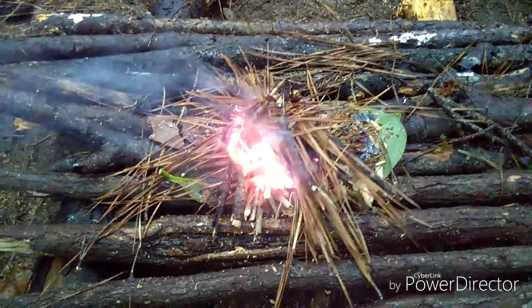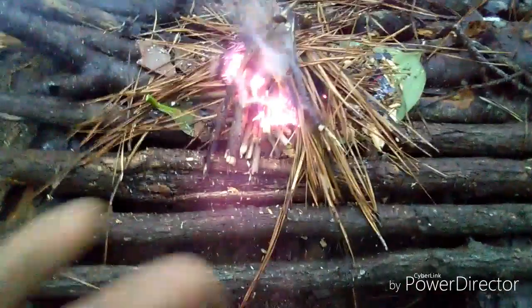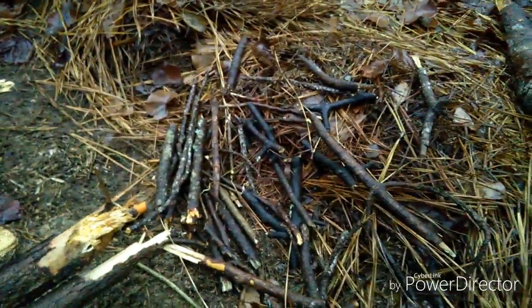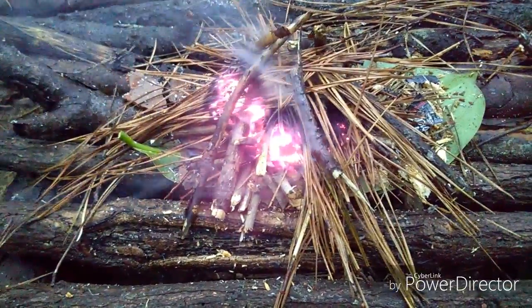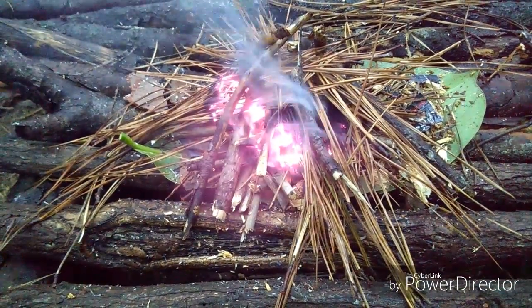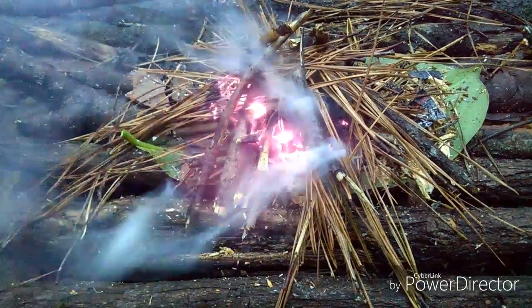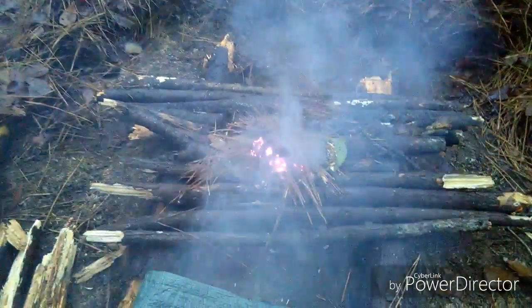All right, so I think I'm satisfied with this. I just gotta keep playing with it, keep drying out the twigs that I got over here. Throw a little bit of pine on there. With wet wood like this, it just takes time, but it can be done. It's starting to drizzle a little bit again, and I do want to get back home, but